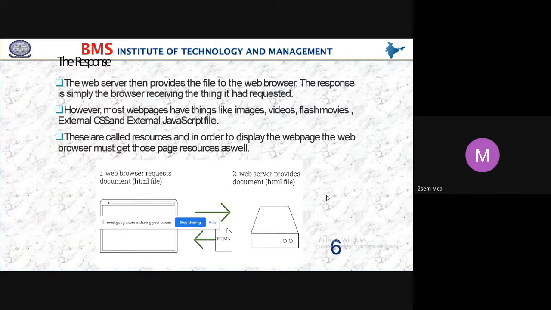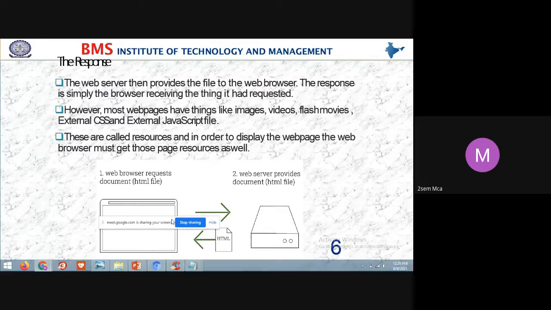These are called resources, and in order to display the web page, the web browser must get those resources as well. So for whatever request we are sending, to give some reply, they need these images, videos, flash movies, external CSS, and external JavaScript files.